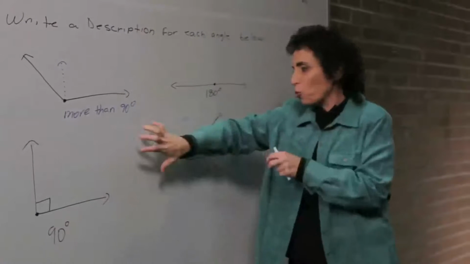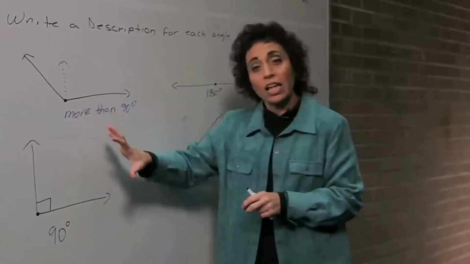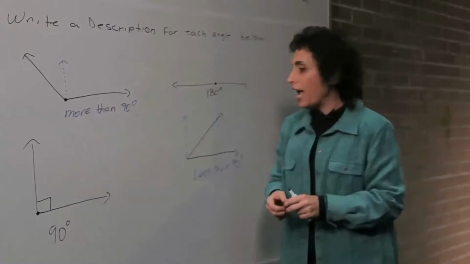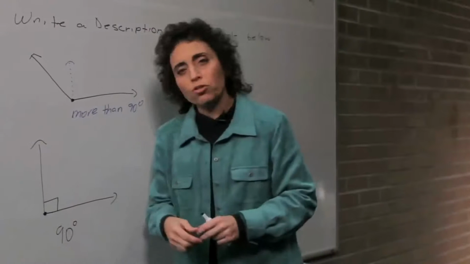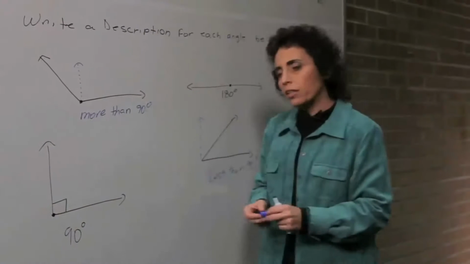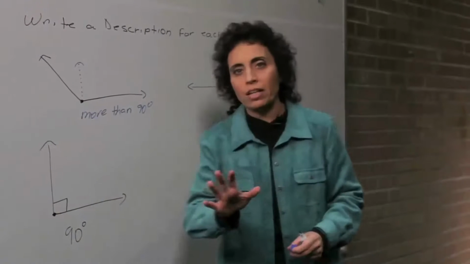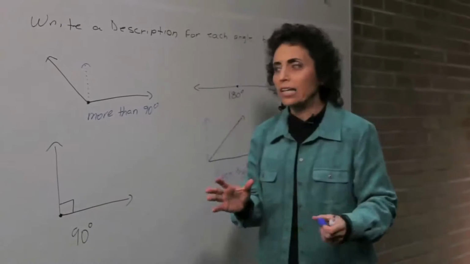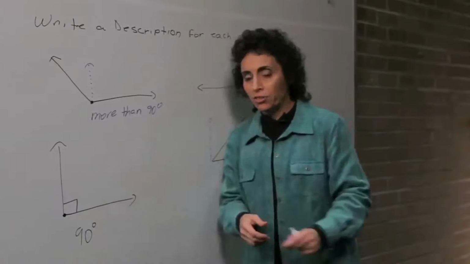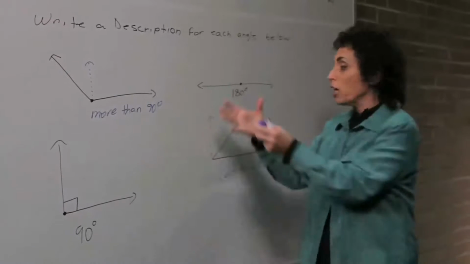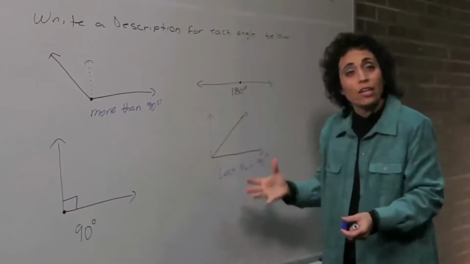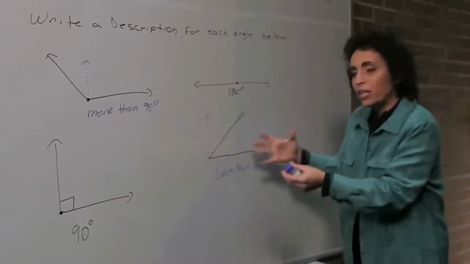I have to tell you a little story. When I first started teaching, I was doing a lesson on naming angles. And I did the lesson. It was okay. And at the end, the principal of the school said, so why'd you do that lesson? And by the way, it was only my like 5th day of teaching. And I go, why did I do that lesson? It was the next one in the book. He's like, wrong answer. I'm like, what's the right answer? And he said, the right answer is there's a reason we need to know how to name these so we can talk about them and that everybody knows what they are.